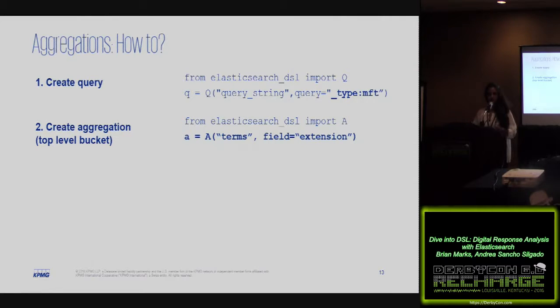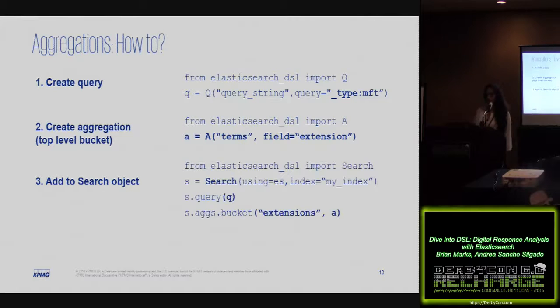That's going to be matching an exact term that we specify, on the field that we specify. We use the extension from the MFT file entry that we have ingested. Then we just have to add that to our search object. The search object is using our ES client, the Elasticsearch client. And we just have to add our query, which is all the MFT entries, and then the aggregation, the top